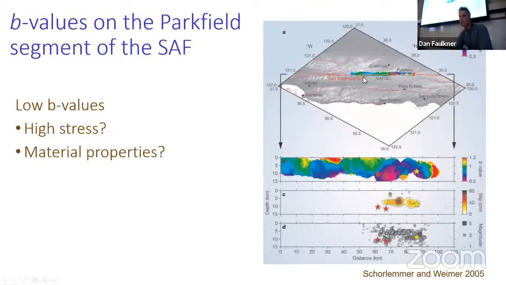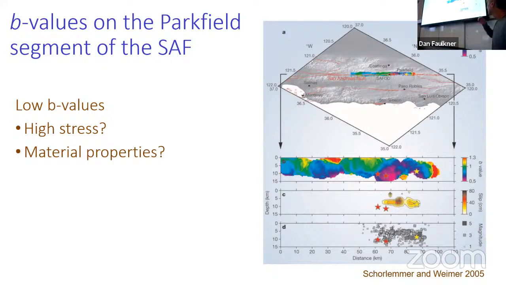Okay, so let's just start by having a look at the San Andreas Fault. This is the central portion of the San Andreas Fault. North is shifted around a little bit just here. And it's the creeping section. It's the bit that is moving at about 35 millimeters every single year. At the southern end, just here, there's a repeating magnitude 6 earthquake, which happens on average about every 22 years.